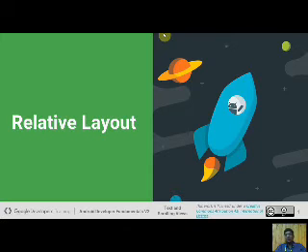We also discussed linear layout. It works only in horizontal or vertical mode, but constraint layout works any way, any place. When we want to place any component on the screen, we attach the constraint. The relative layout works like a table mode.